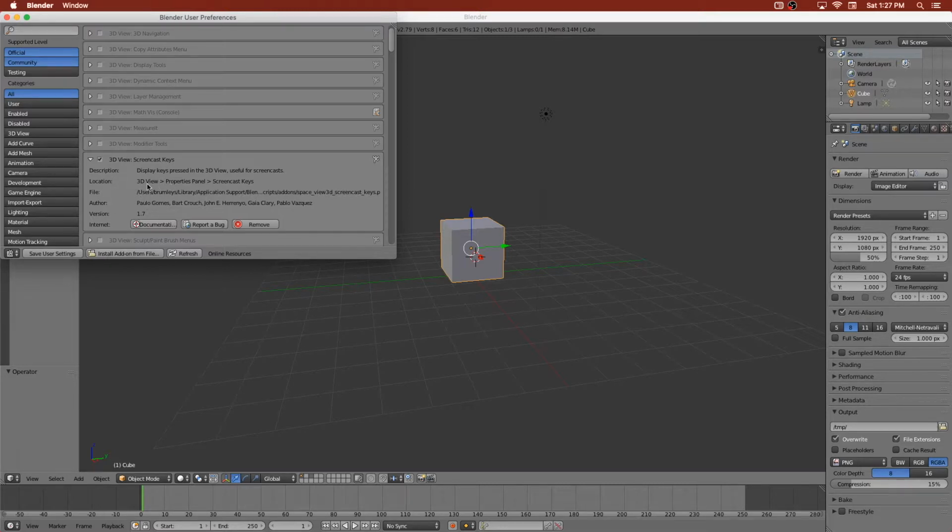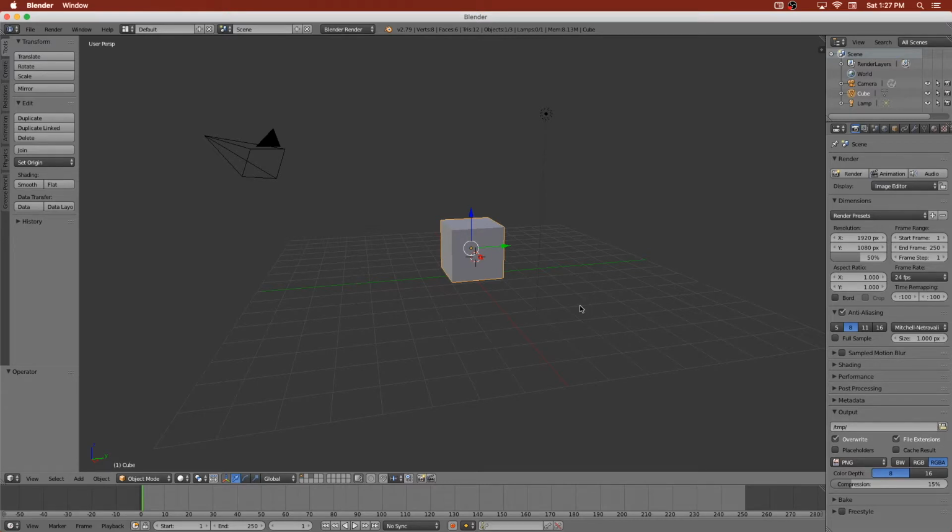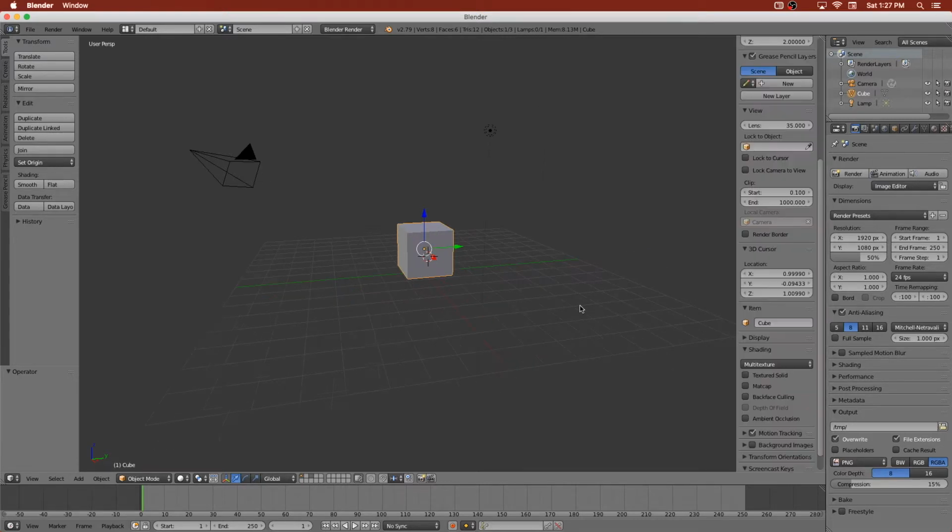The location's the 3D View toolbar, which I'll show you. Properties panel, Screencast keys. So you can save your user settings and exit out of your user preferences, and then you're gonna go ahead and press N on your keyboard to pull up your 3D View toolbar,